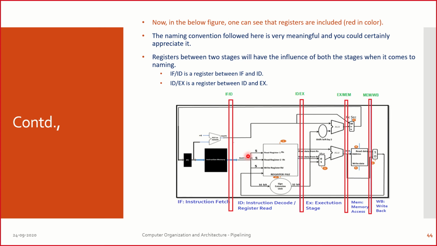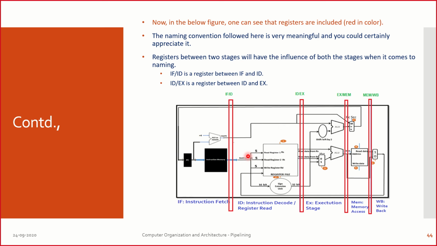Sir, why do we have to name it that way, sir? Very simple, I will tell you. These registers are going to be written or read. These registers, I repeat, are going to be written or read by one of these two stages during the pipelining process. So, to tell the involvement and the ownership of this particular register being owned by one of these two stages, we name it appropriately. This register is connected to both the stages in the pipeline. These registers are going to be read or written by one of these two stages, and they are only married to these two stages, and that's why we name it IF slash ID.